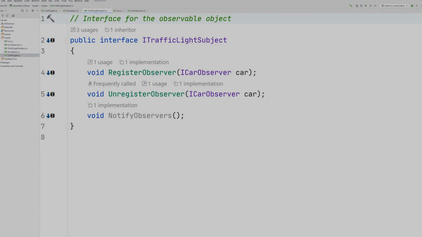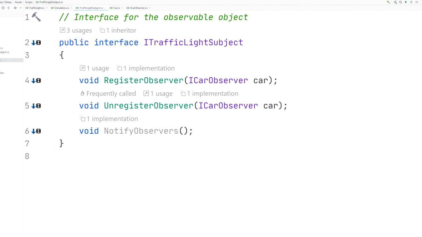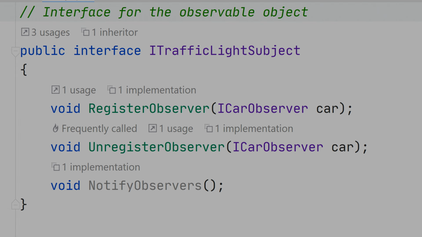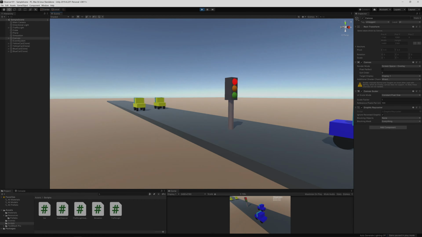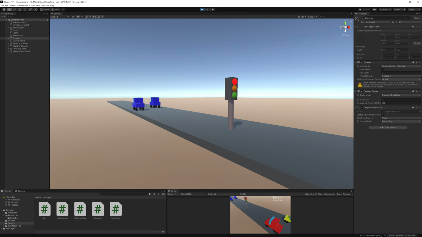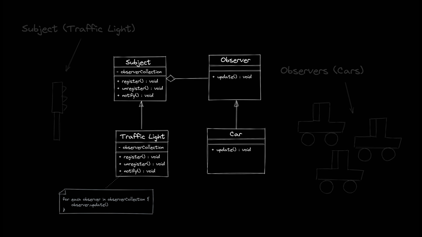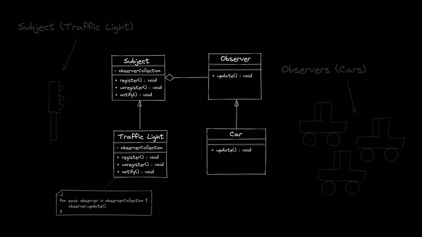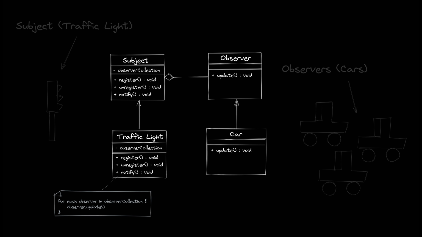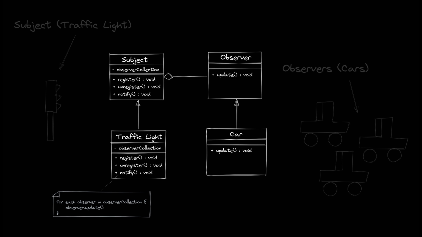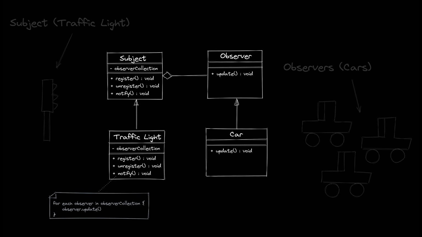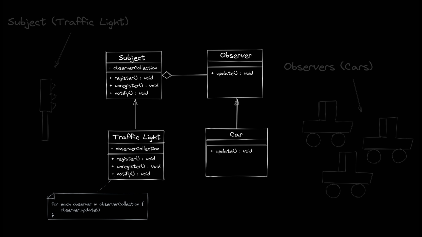On the subject side, we implement an interface to easily register and unregister observers. Because once our cars drive past the traffic light, they no longer care about the subject and they don't want to receive any more updates. In a nutshell, the observer pattern allows you to work on your subjects and observers separately. Changes on either side won't affect the other side as long as the interfaces stay the same. Furthermore, it's an easy way to simulate basic publication and subscription or even event handling scenarios, but I let you